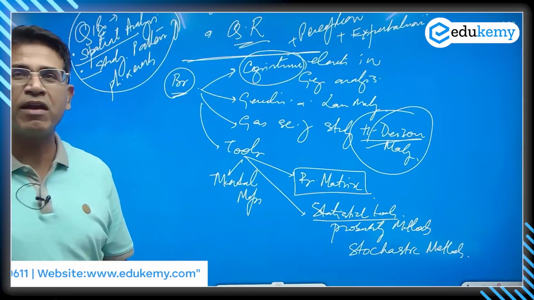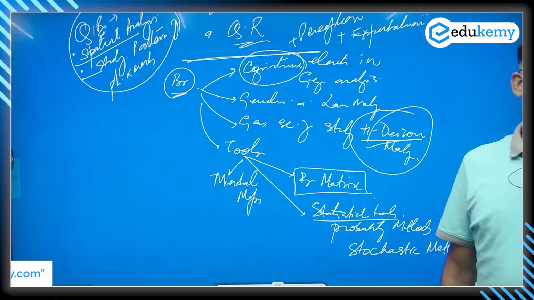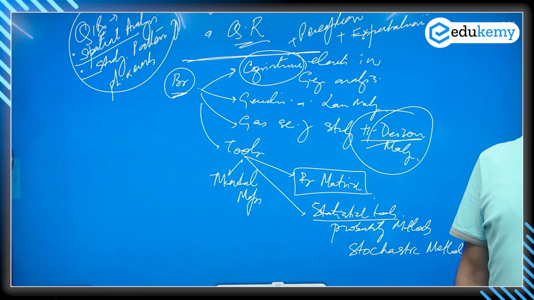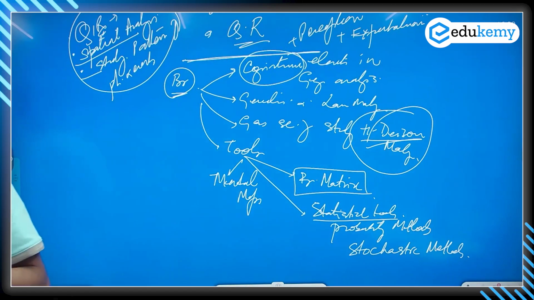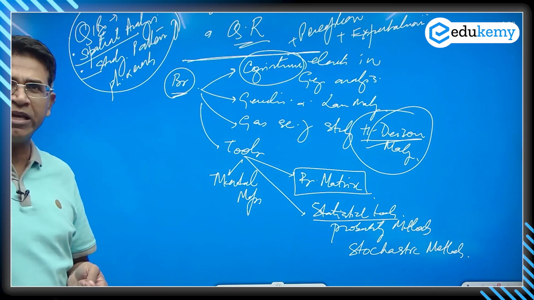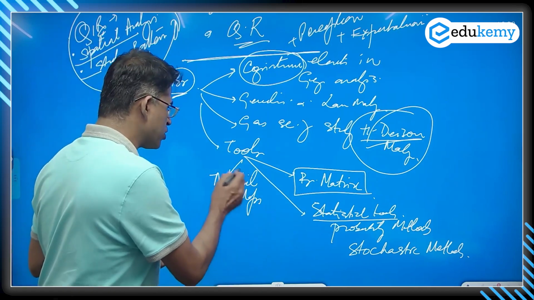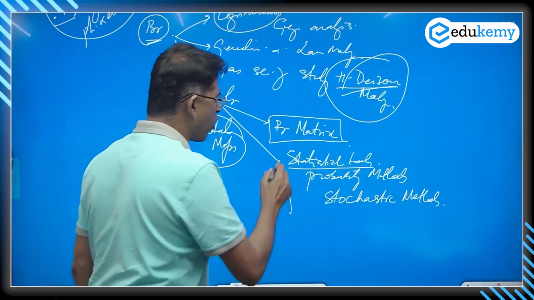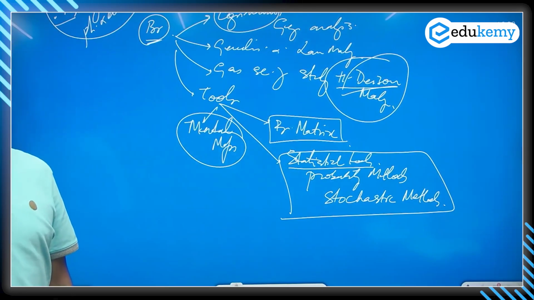So I'm not teaching behavioral geography as such. We are talking about what behavioral geography is. What are the key elements? It has the cognitive elements in geographical analysis. It is about making laws and generalizations. It is about geography as a science of human decision making. The tools of mental maps, a question has been asked on this. I presume you know this. You don't have to bother about this one. Just know that we have some tools based on probability.